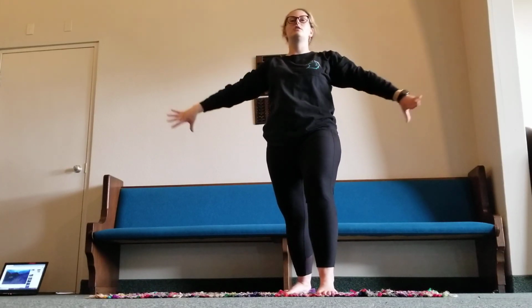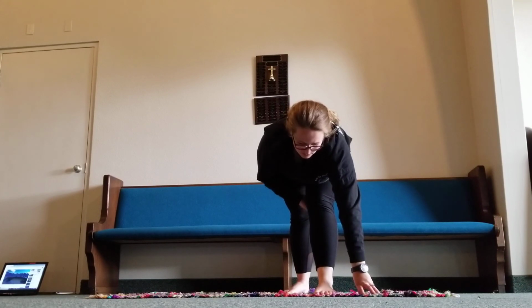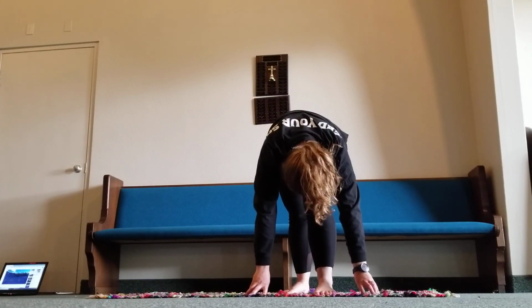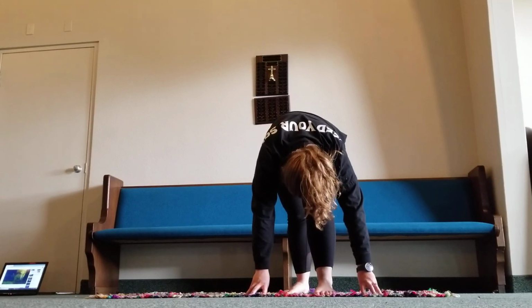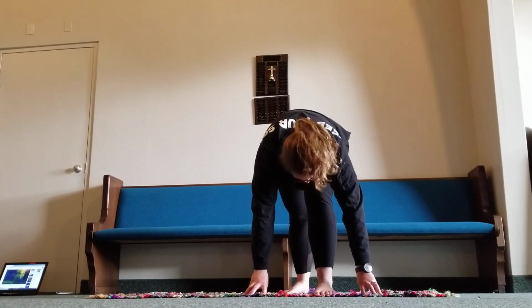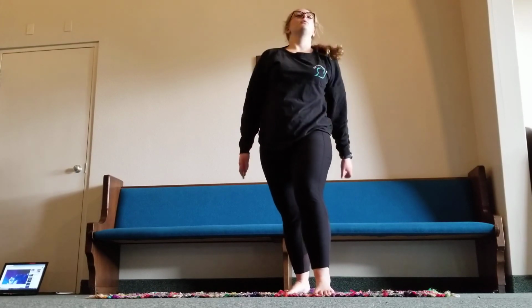Good, and bring those hands to your hips. Shift those hips back and bend right down into our triangle pose here. Feeling the stretch in the back side of that leg, making sure both knees are slightly bent. And gently bring both knees a little bit more bent, walking those hands up, coming right back to that warrior